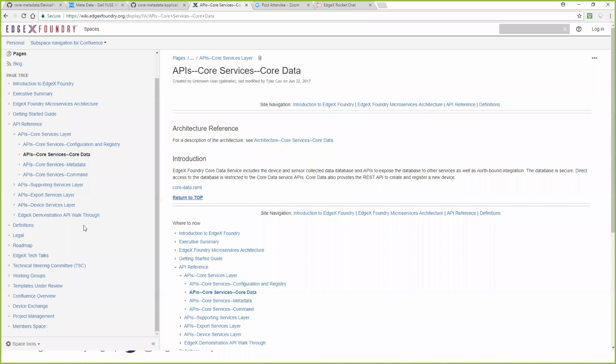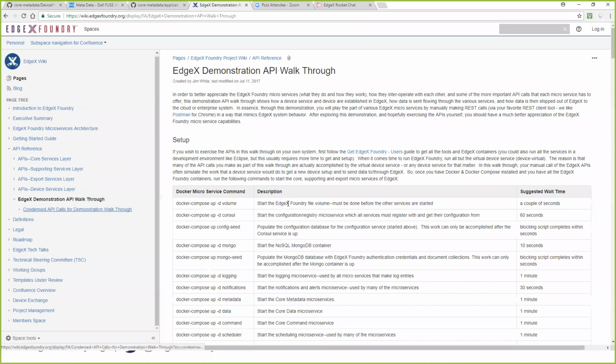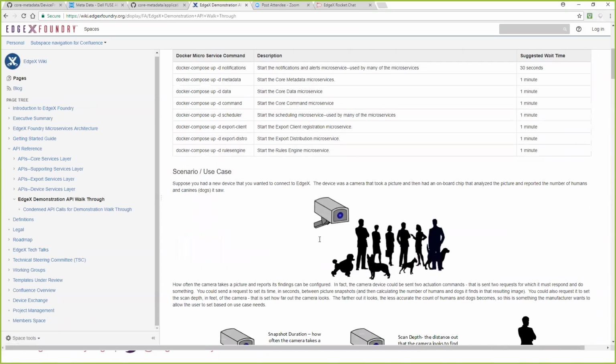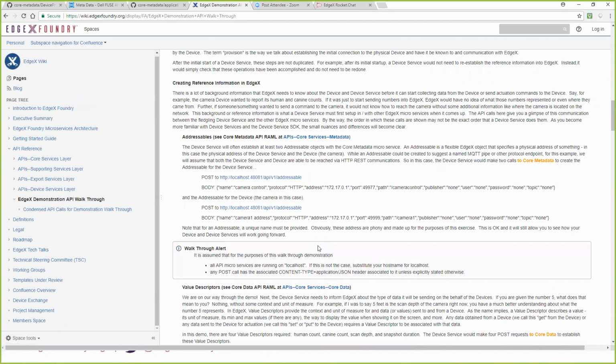That's also why, if you take a look at the documentation, we provided this page called the demonstration API walkthrough. It tells you how to bring things up, and it sounds like you've already done that. It also takes you through a collection of API calls, seeing each one go through, making sure you get back an appropriate response from each of those early API calls. That gives you a pretty good indication about what's working and where something is starting to fall down. So I'm going to point you to that link as well.